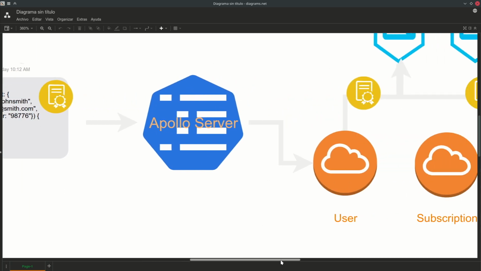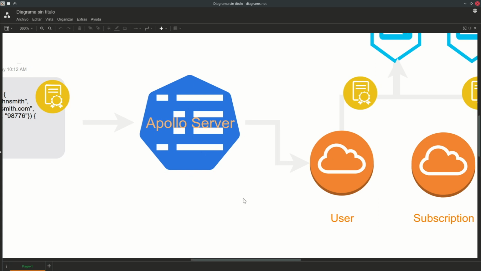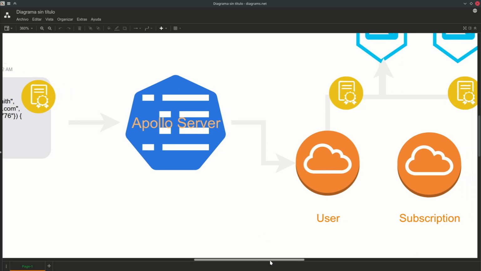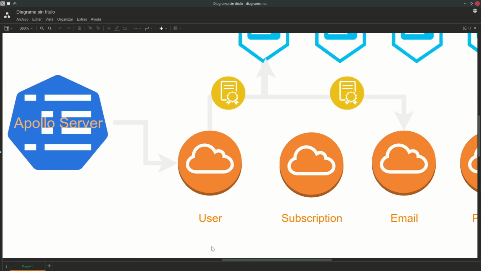Apollo server is not ready in this demonstration, okay? And Apollo server routes that message to the service who is in charge of that operation. In this case, we are adding a new user to the system, so Apollo server is redirecting the GraphQL message to the user microservice. The user microservice checks the user is not in the system, checks the email